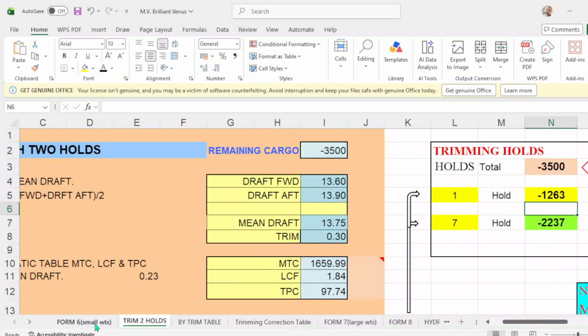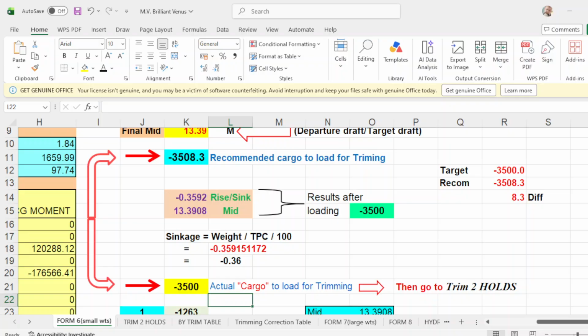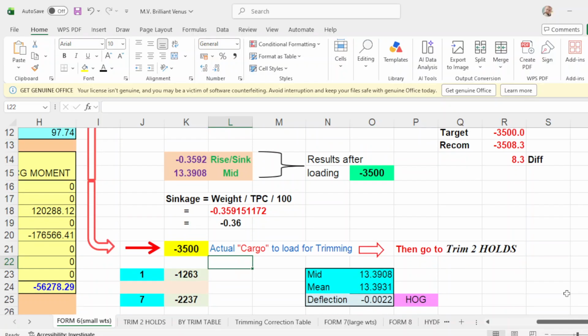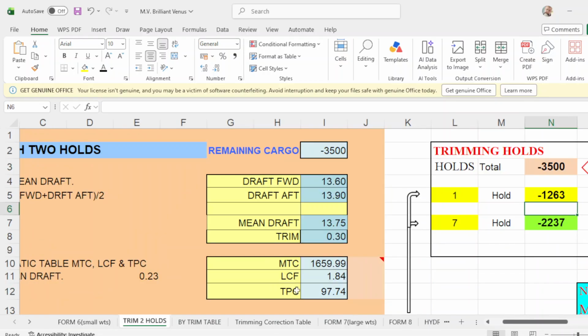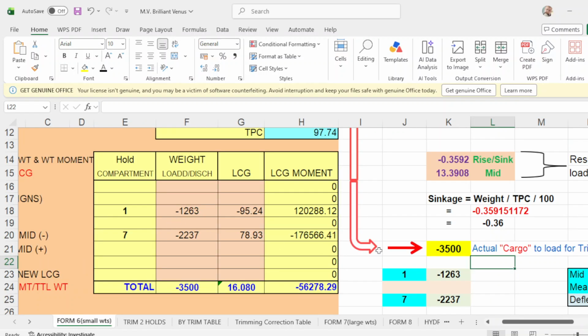You go back to form 6, scroll down. Take note that in number 1 you discharge 1,263, and in number 7 you're going to discharge 2,237, which is the same here. Then this is your trimming hold.